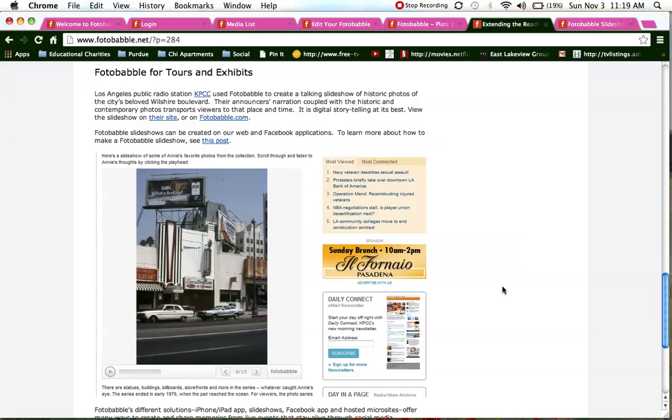A few quick pros and cons of Fotobabble. It's a great tool that's easy to use. You can use it on your phone or via an app. You can also use it on your desktop. It's really easy to share. Students could pick this up very quickly. It taps into a host of their 21st century student skills, and the possibilities are really unlimited for what you can do with Fotobabble. The con is that you have less than a minute for each Fotobabble to talk,